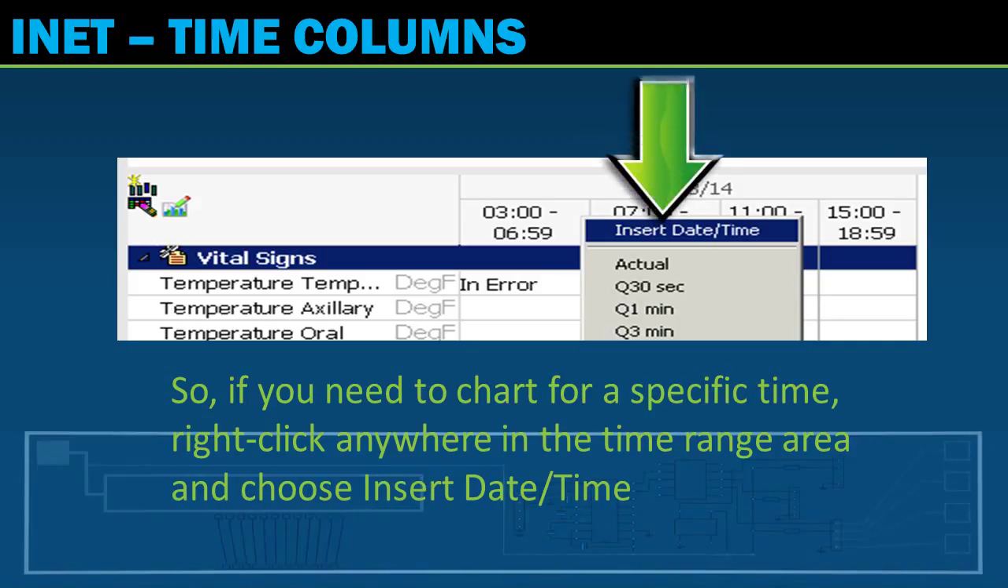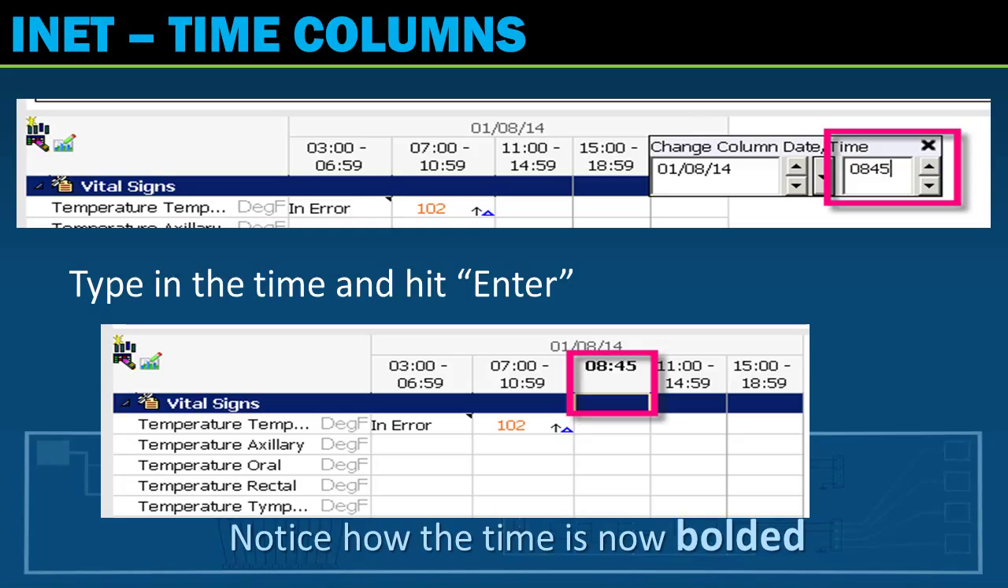So if you need to chart for a specific time, you can right-click anywhere in the time range area and choose Insert Date and Time. So if you want to be very specific, right-click over it and say Insert Date and Time, and you can type in the exact time column that you want to create. So if you want a time column in this example for 0845, type it in, and then you have a column that's bolded just for that time frame, and you can chart as much as you need to for that